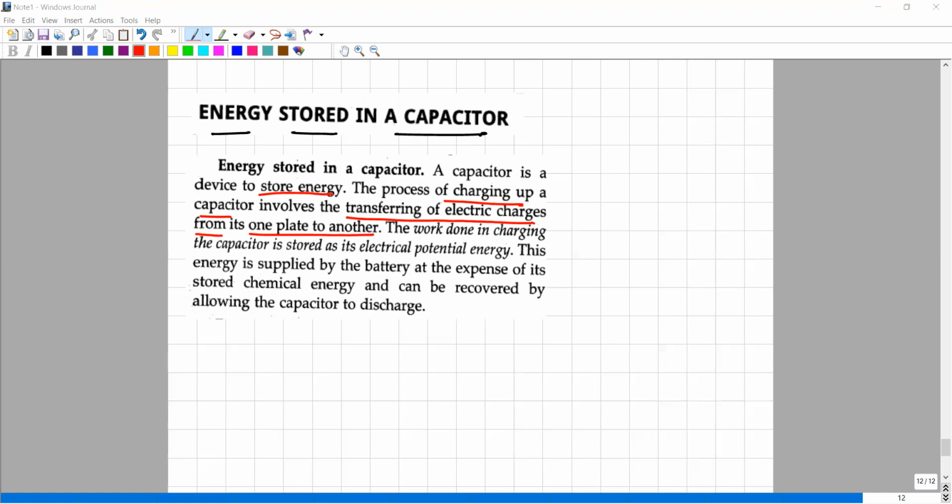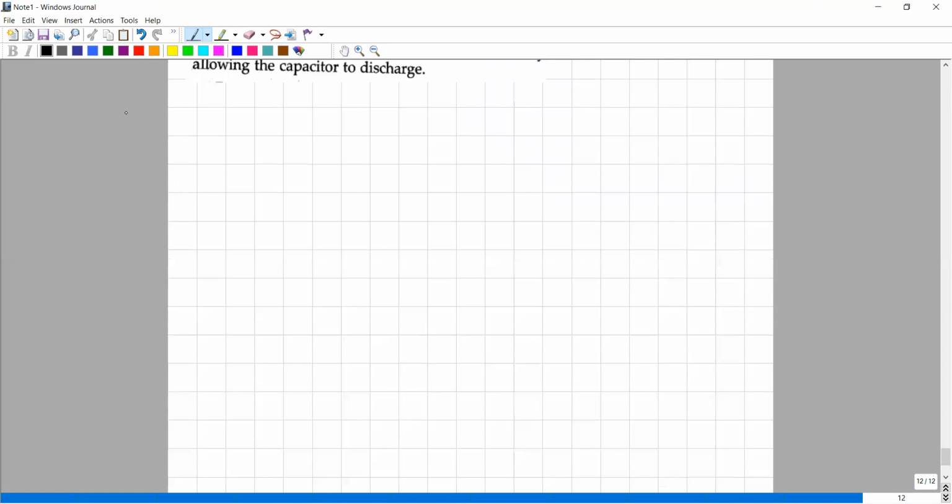Now consider that you have two plates. Consider that you have two conductors, two metallic plates, and both of them are neutral. Now, if you take a small positive charge dq from this plate, let's say this plate is 2 and this is 1. So if you take a small positive charge dq from plate 2 to plate 1,